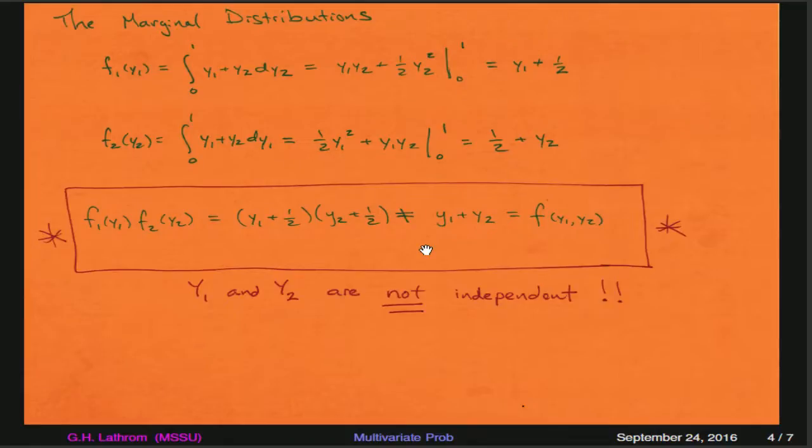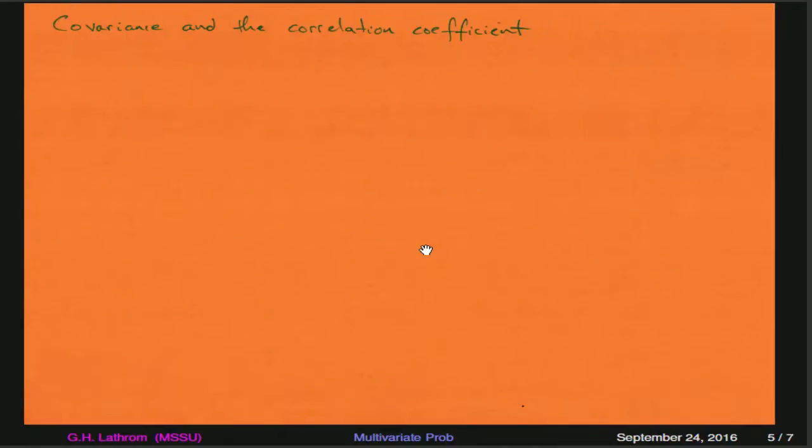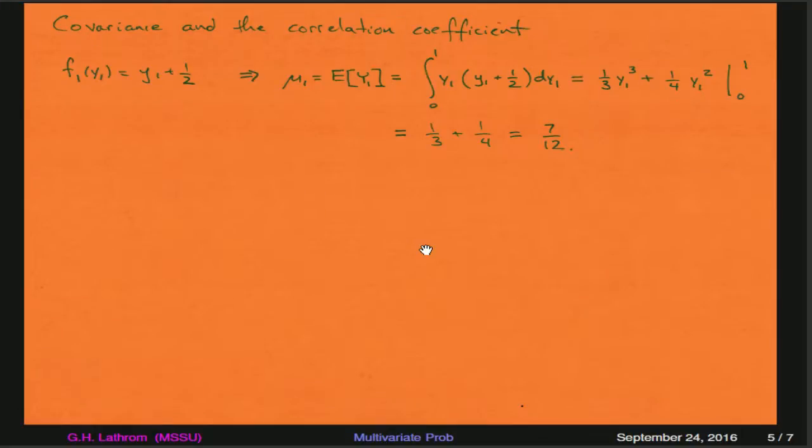So now let's take a look at covariance and the correlation coefficient. The first thing that we need to do in making this calculation is figure out what the expected value of y sub 1 is and what the expected value of y sub 2 is. Taking the marginal distribution, f sub 1 of y sub 1, we integrate over all possible values for y sub 1 of y sub 1 times f sub 1 of y sub 1. If we plug that into our integral and integrate from 0 to 1, we see that we get a